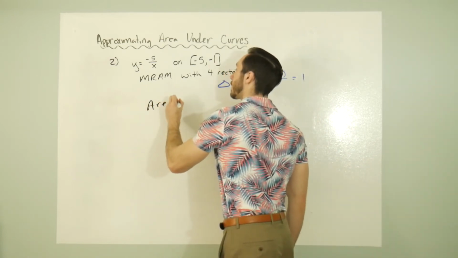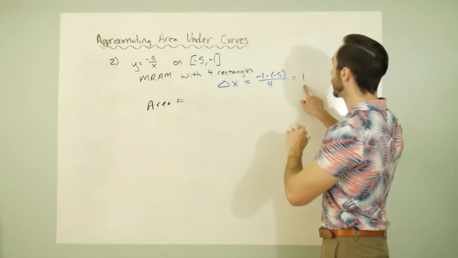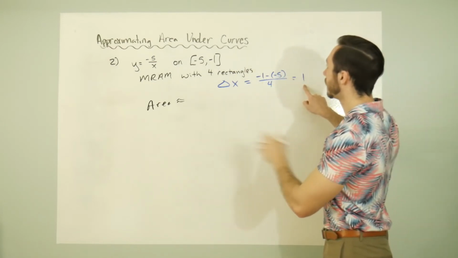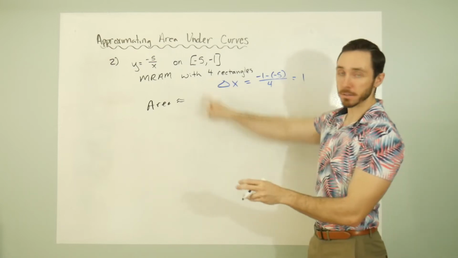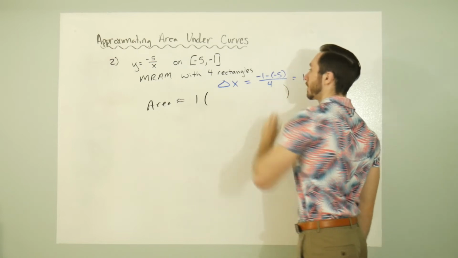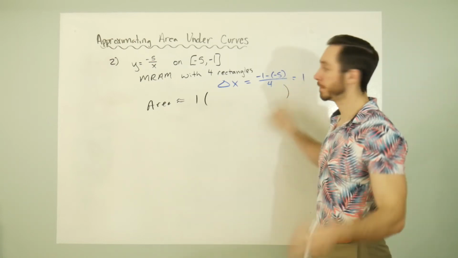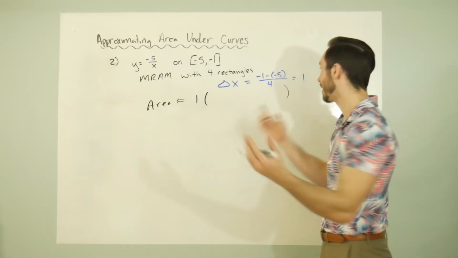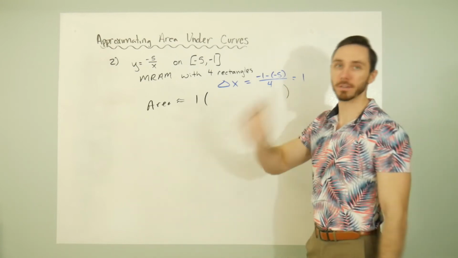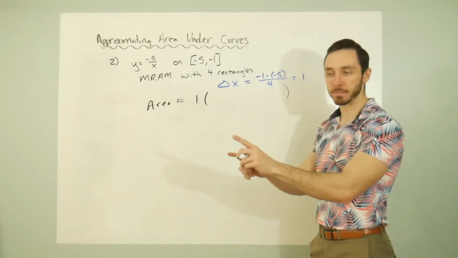Area approximates to. Well, we know that the width of each rectangle is 1, and we have 4 rectangles, all the same interval, so we can just keep that 1 on the outside here. So we're going to use the shortcut approach. Let's just say delta x was 2, then we would put a 2 here. If delta x was 0.5, we'd put a 0.5 here, and so on. On the inside, we are considering the MRAM, so